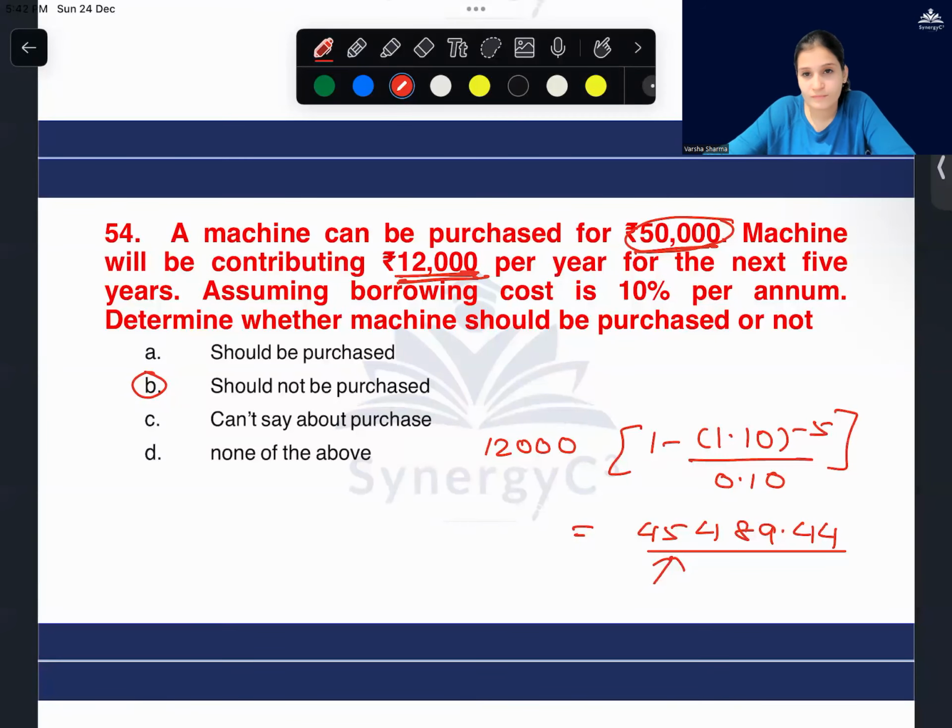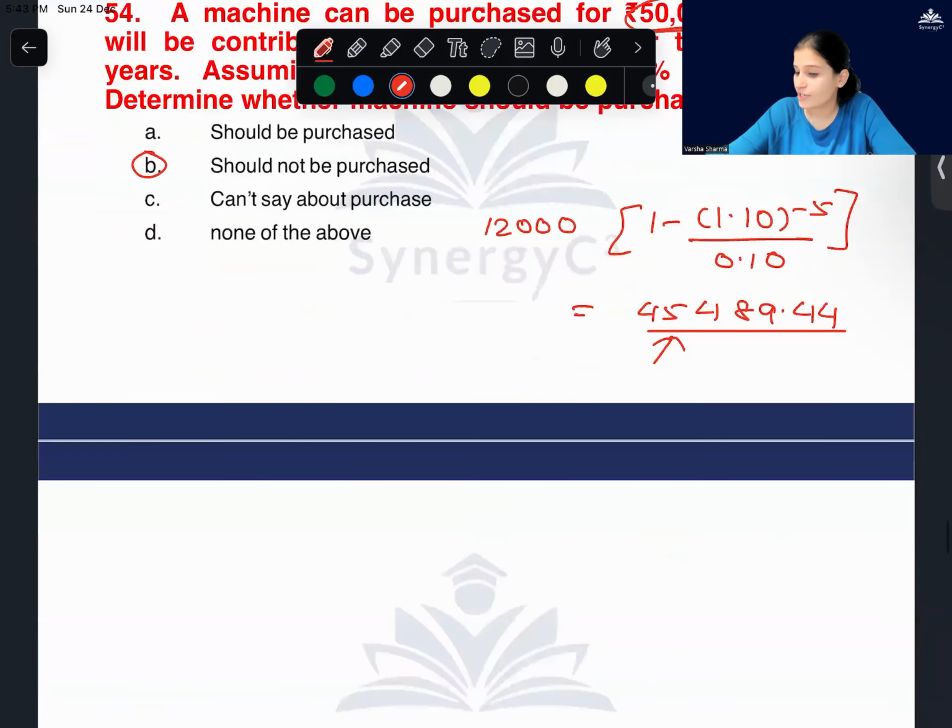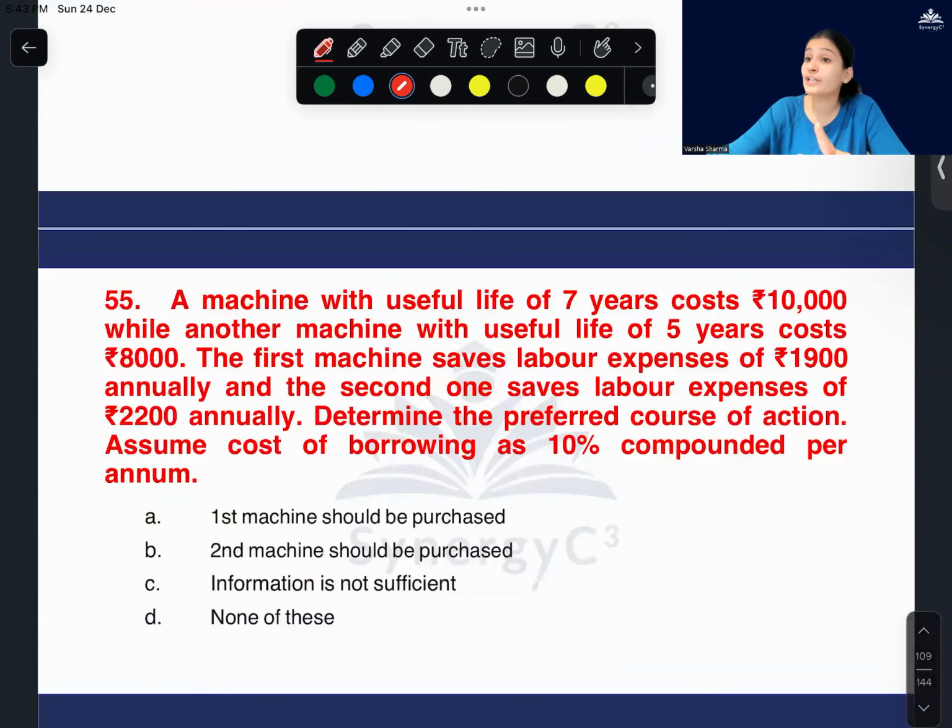Okay, ma'am. So in the question, it was contributing. So we are considering in case of revenue, it's going to increase my revenue. Now, in the second question I was about to start, it is going to reduce my revenue. So there are two different machines. First one, I have to pay up from my pocket 10,000 and it is reducing something. And the second machine, it is costing me 8,000 and it is reducing something. Which one should I go for?